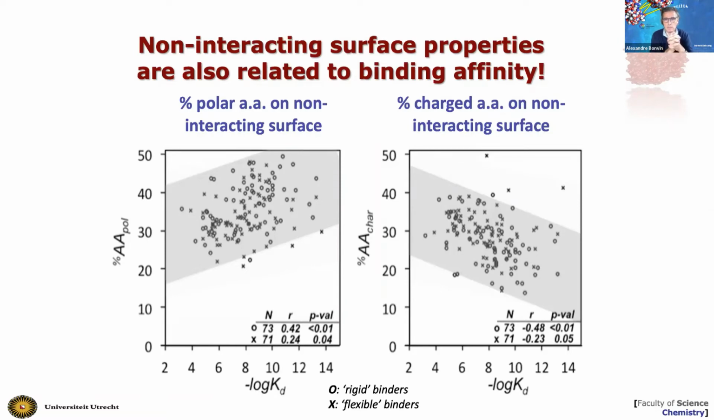And the two properties that came up, one is the percentage of polar amino acids on the non-interacting surface, and the other one is the percentage of charged amino acids on the non-interacting surface. So what you see here is basically a positive correlation. If you increase the polarity of the surface, you see an increase in binding affinity, and there is an anti-correlation with the charge of the surface. If you decrease the percentage of charged amino acids on the surface, you decrease the binding affinity. So this is, of course, surprising because things that are not directly involved in interaction